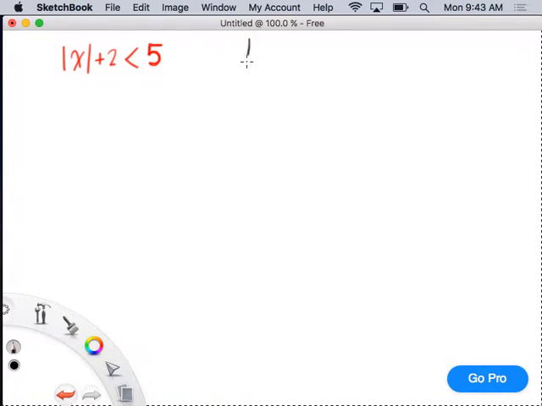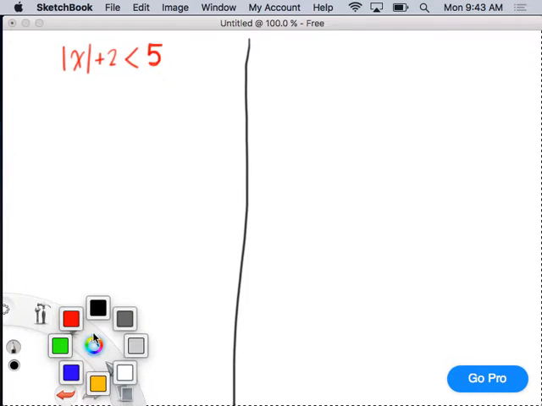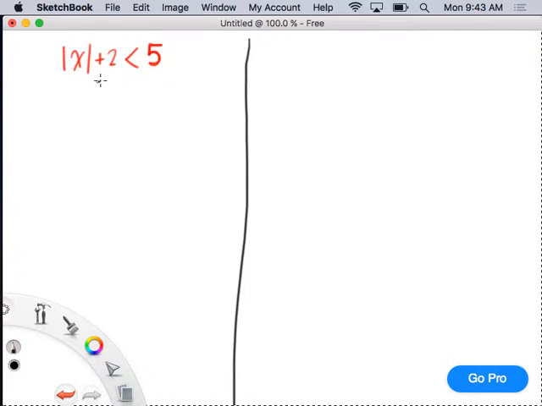I want to now solve it algebraically. I do the same process. First I isolate, I rewrite, and then I solve. So first I isolate by subtracting 2 from both sides. And I get absolute value of x is less than 3. Once I've isolated,